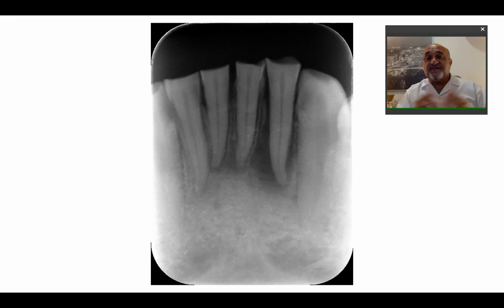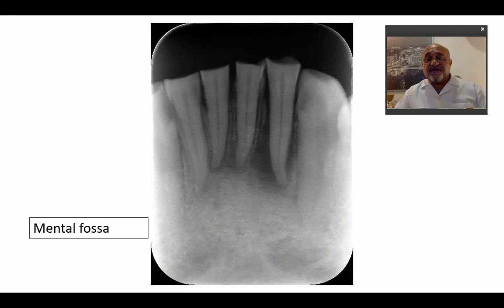As you can see here, it's not always the same, and you might also expect here the presence of radiolucencies, bilateral radiolucencies that are present on either side of the midline, and these are the mental foci or the